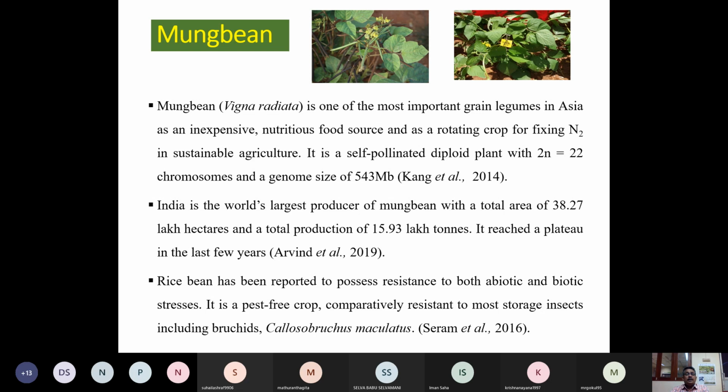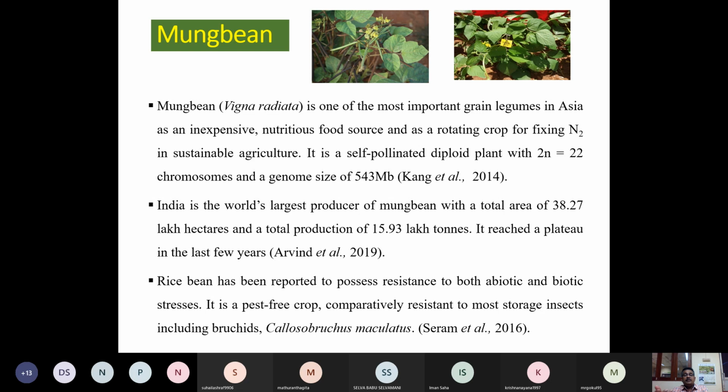Whenever you read any kind of paper with regard to linkage mapping followed by QTL mapping, you should have some basic information which will help you to read other papers also. So first of all, you have to look at the genome size and genome complexity. That will give you an idea.